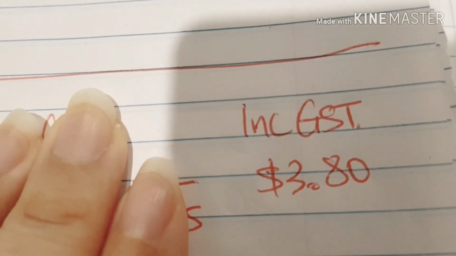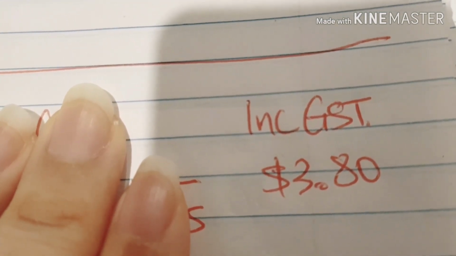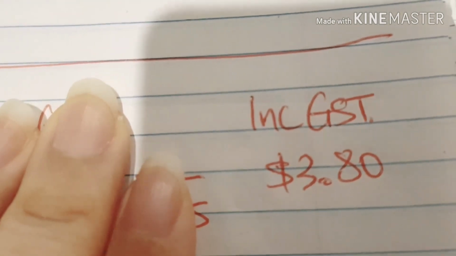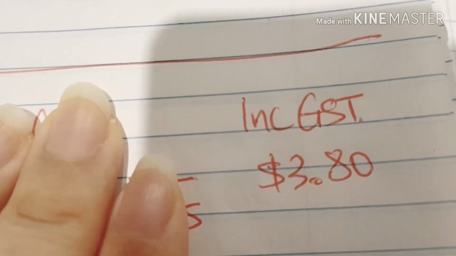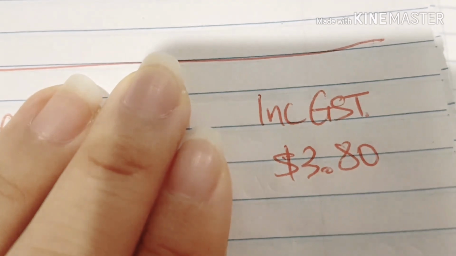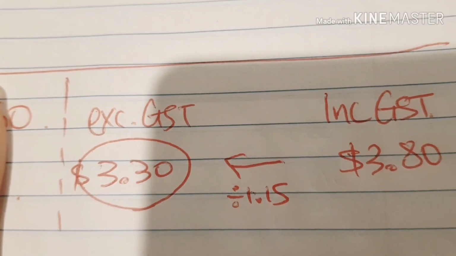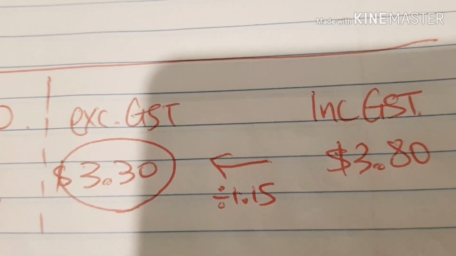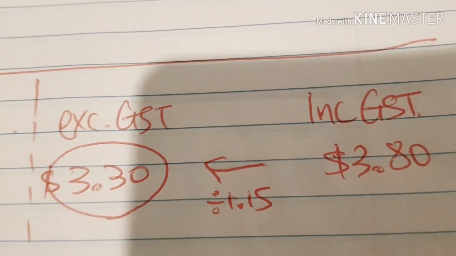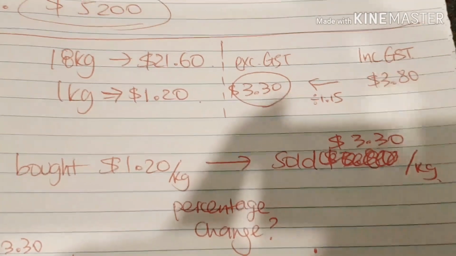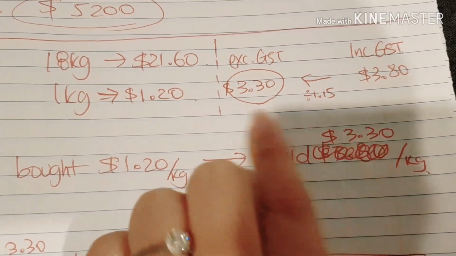Okay, but to calculate the percentage markup, we need to remove the GST, which is the tax. Alright, then, including the price that I sold the apples for, I will remove the tax for it. Then, it's going to be divided by 1.15, which will give my excluding GST price. Okay, again, I follow the formula for this. Okay, there you go. I bought it for this much and I sold it for this much, which is excluding